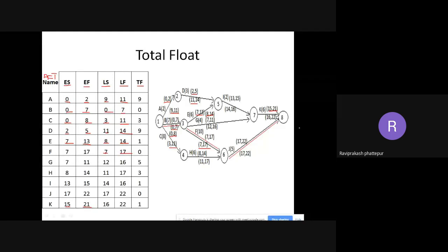Similarly for all, I'll just go to the last one directly, that is K. K is 16 and 22. Right, so take this down now. For early start and early finish, you have to write the numbers which you have got for the forward pass. For latest or late start and late finish, you have to write the numbers which you have got in the backward pass. Okay, so finish this fast and let me know. Then we'll find out the total float.